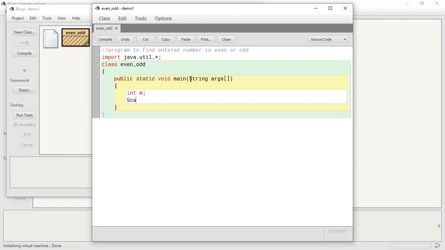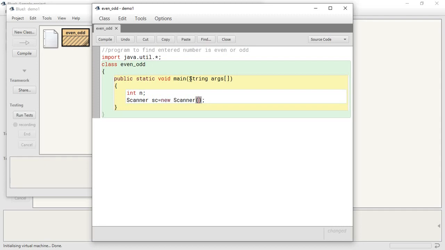Next, Scanner sc is equal to new Scanner. The Scanner class is used to accept the input from the user. In detail, we are going to study the Scanner class in subsequent videos. Scanner sc is equal to new Scanner.